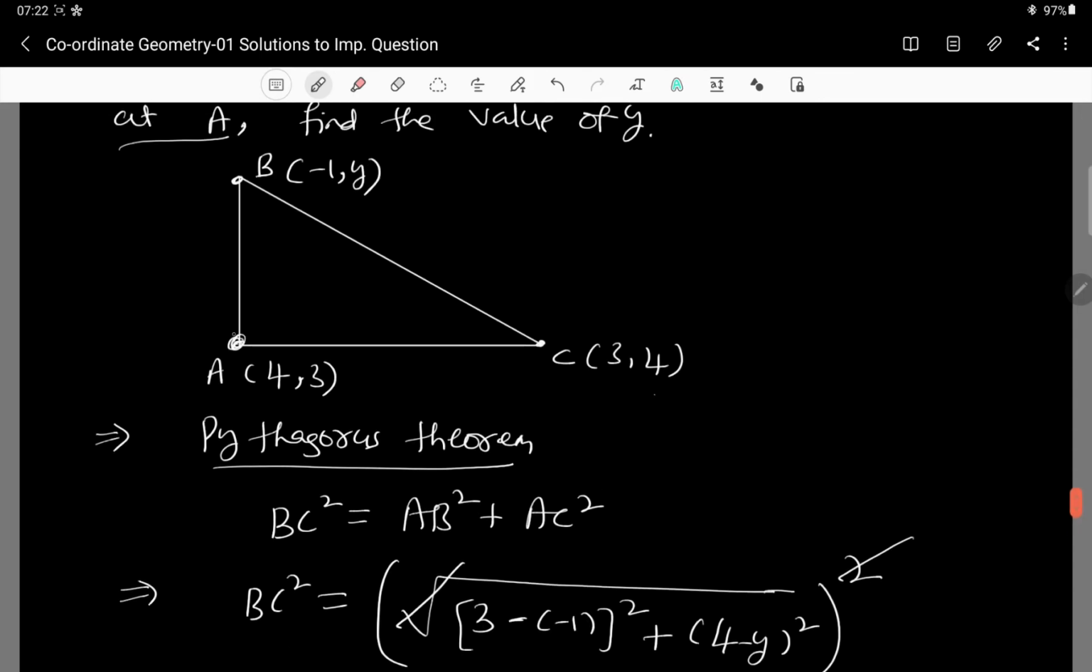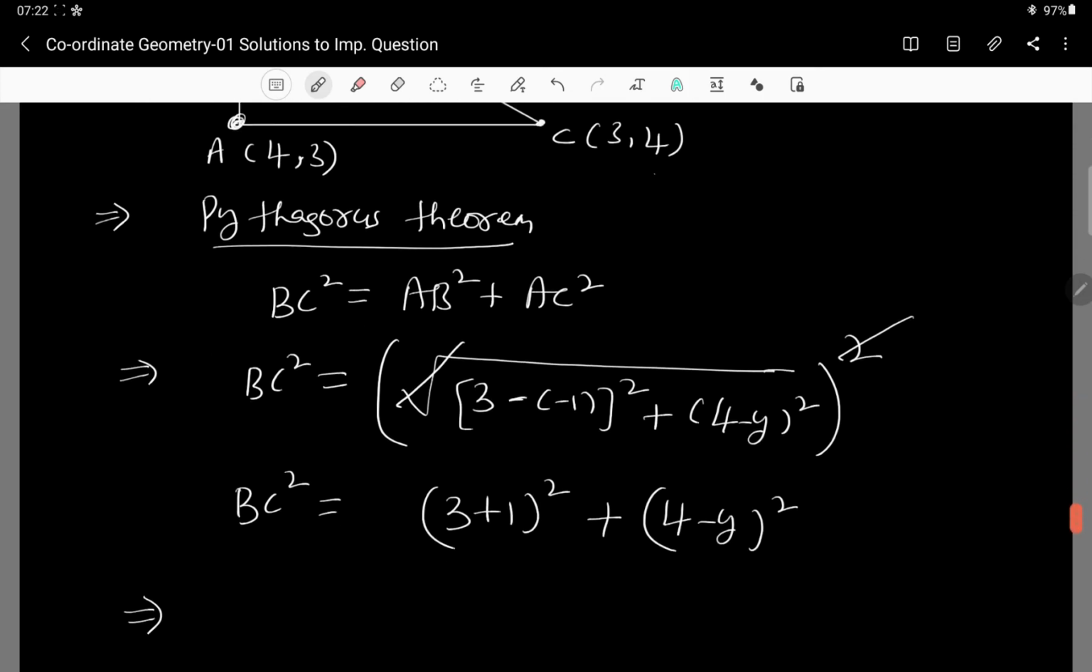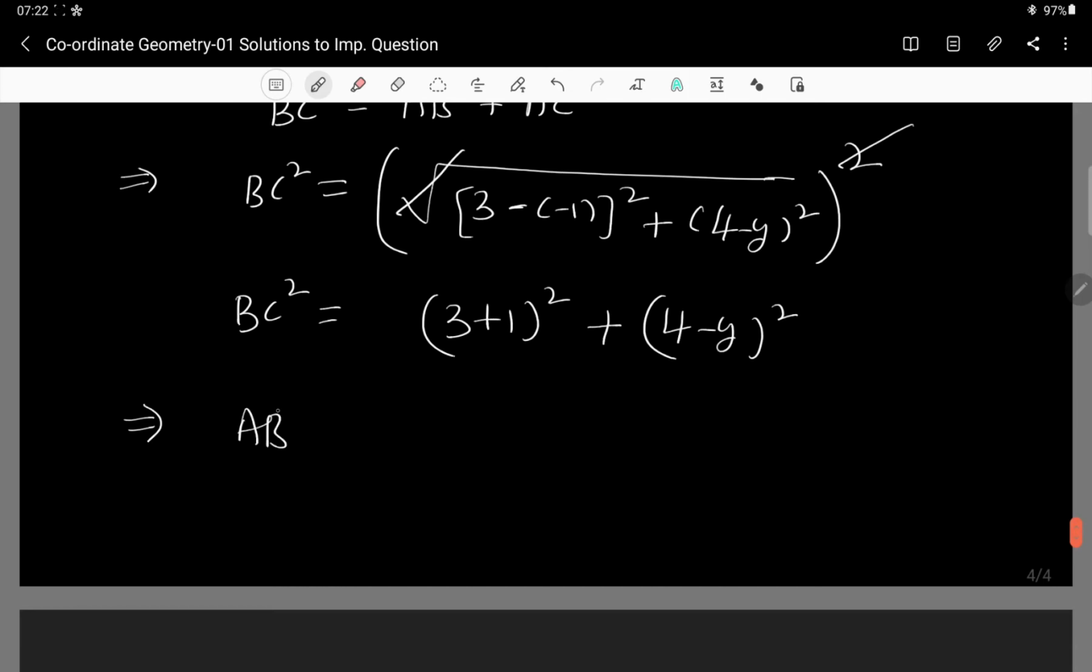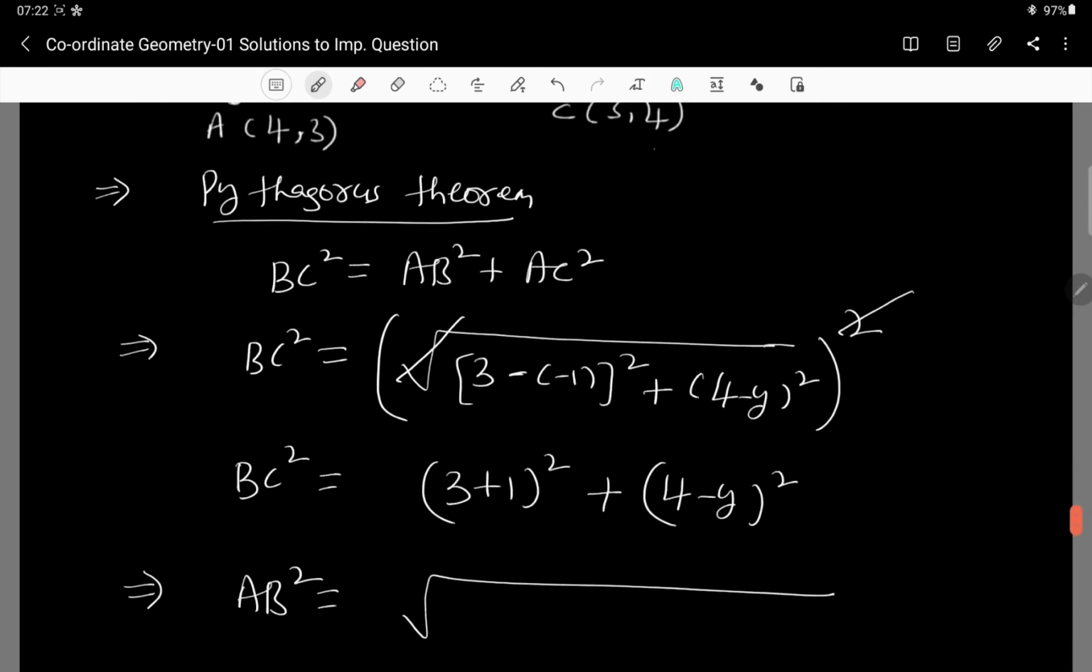So what is that? That is AB square. So let us find out AB square. In AB square, what does it become? 4 minus of minus 1, correct? So AB square is equal to, that is like a square root, and it becomes 4 minus of minus